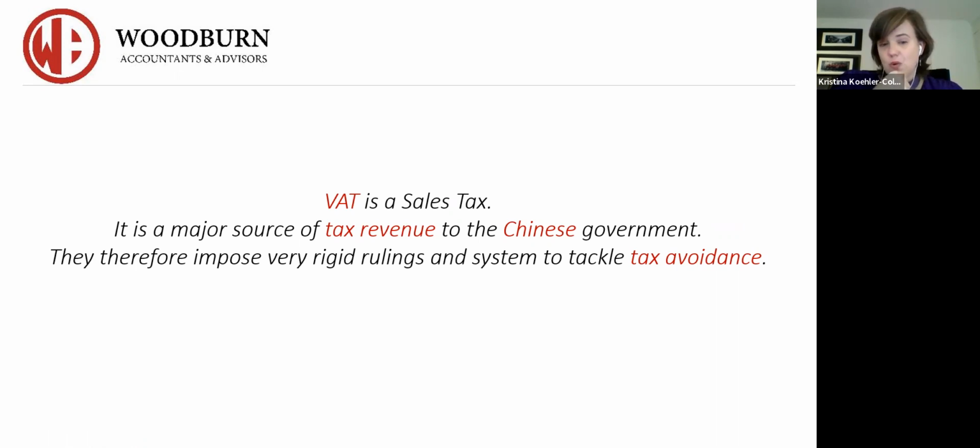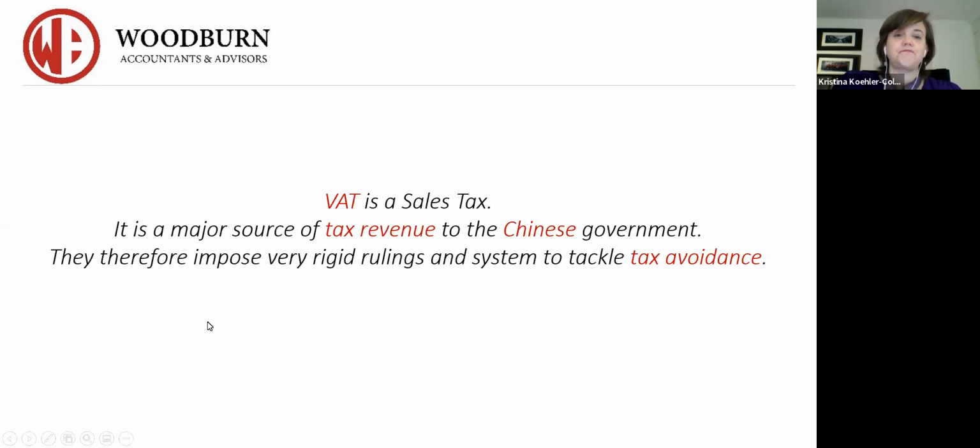And as a consequence, there are some very bizarre ways of managing VAT. There are some very rigid and strict rules around VAT. And the goal and objective for everybody today is that we're not going to avoid paying VAT. We're just going to try and create structures that will optimize our operation and ultimately create VAT optimization within the structure.